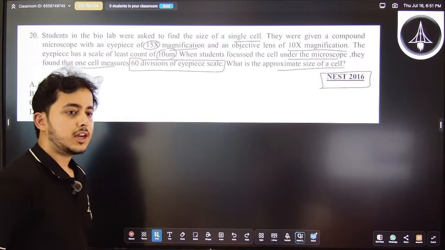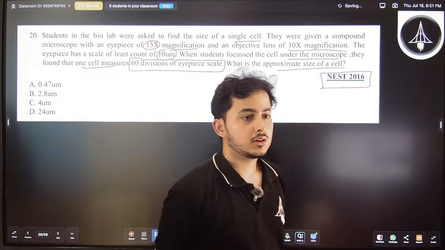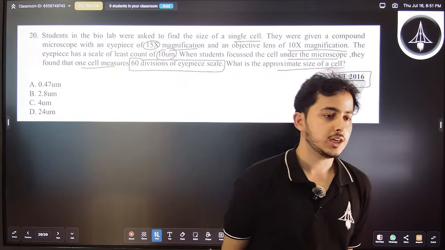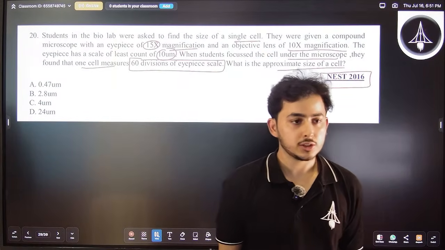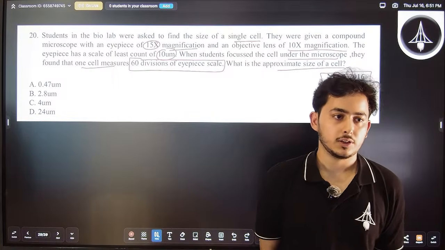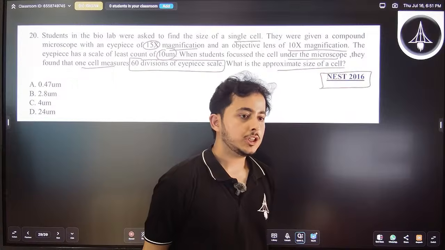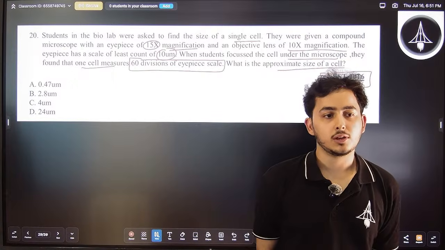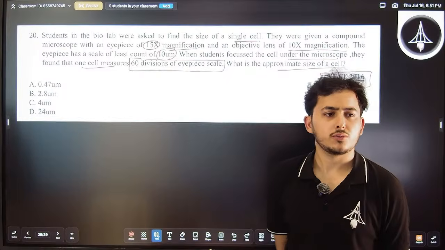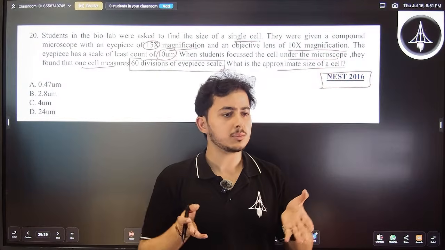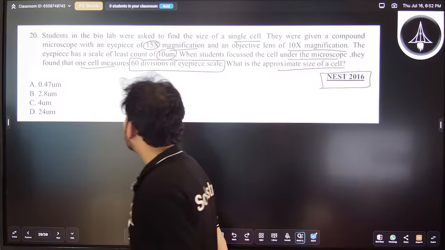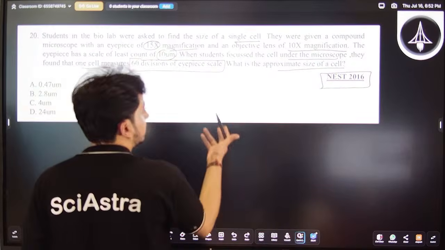So can you guys try this question? Immersion oil is a kind of oil that is commercially available for microscopes. If you put that oil, it has a refractive index of exactly 1.5. But if you don't have that much money, you can put coconut oil, but that will have a refractive index lesser than 1.5, around 1.42 or so. So you will lose some light, but that is still manageable. So try to solve this question.